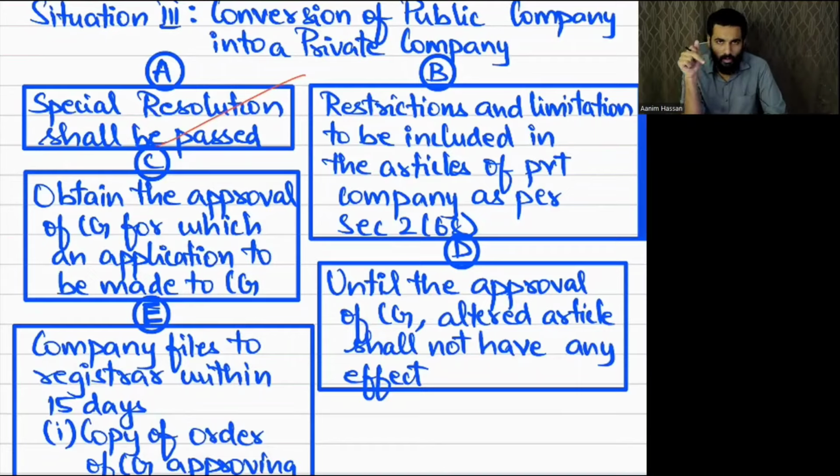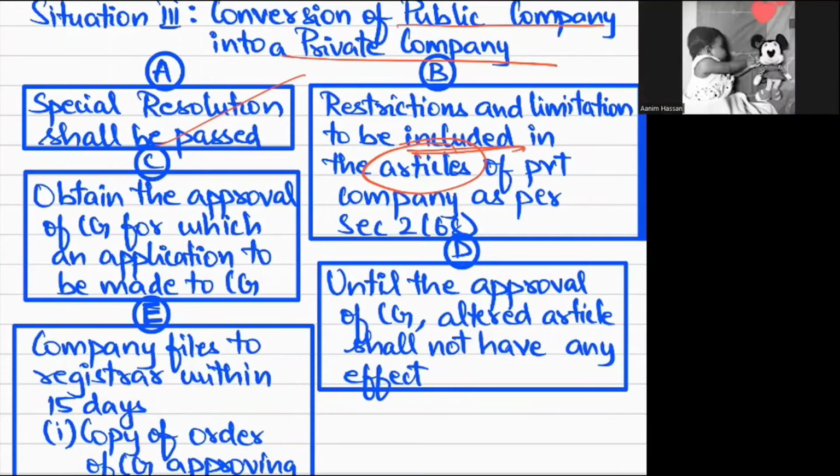So now, because it is a private company, in the articles we have to include that restriction. Yes or no? What restriction? Three restrictions: the limit of 200 members, the transfer restriction, and the prohibition on issue of securities to the public. So that will be included, because while we are converting from